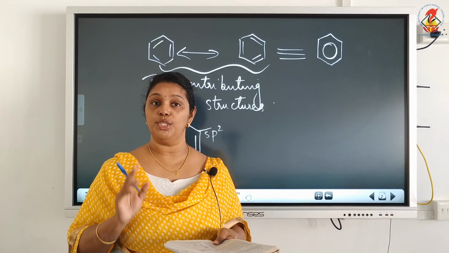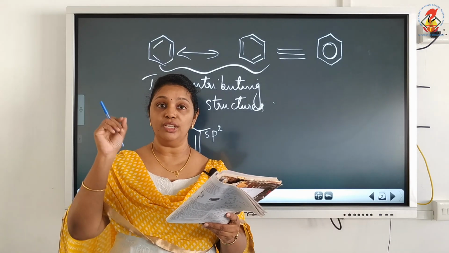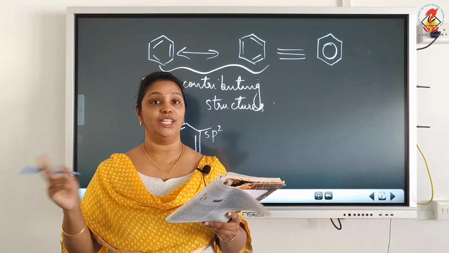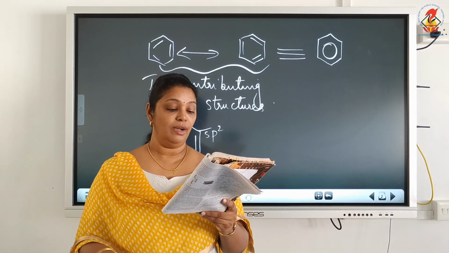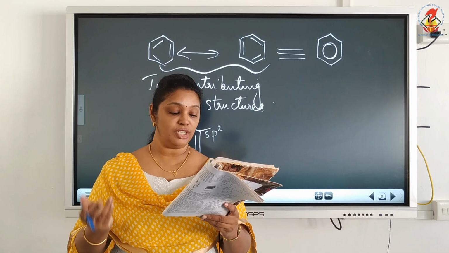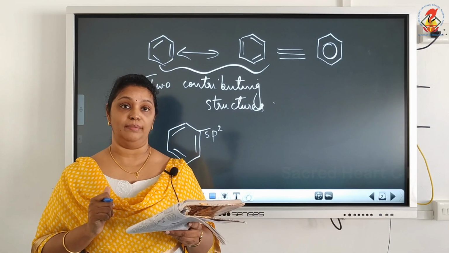Out of 3 sp2 hybrid orbitals, 2 sp2 hybrid orbitals on each carbon overlap with sp2 hybrid orbital of adjacent carbon atom. Now the third sp2 hybrid orbital of each carbon will overlap with s orbital of hydrogen atom, and